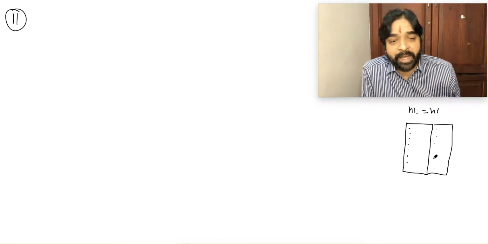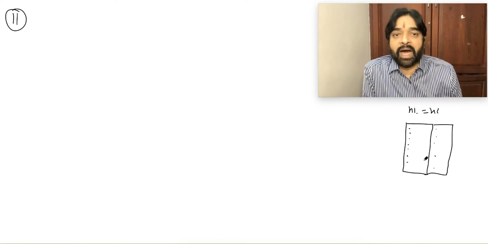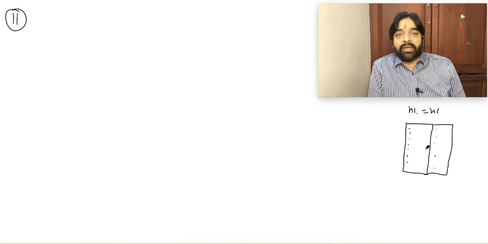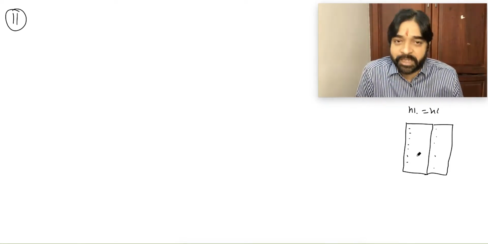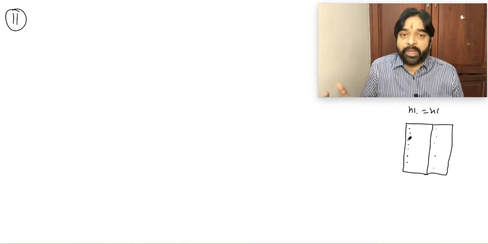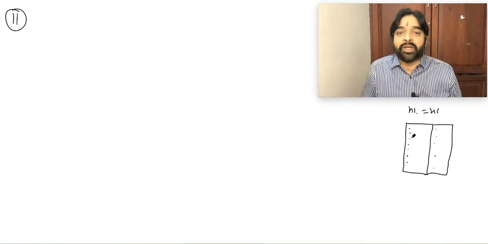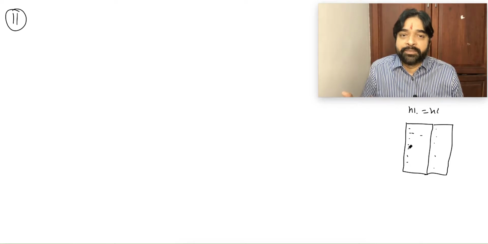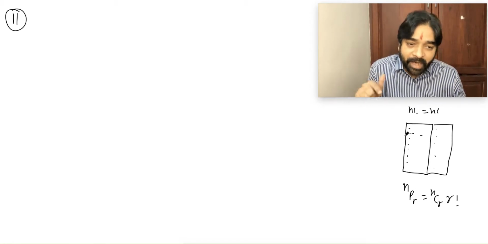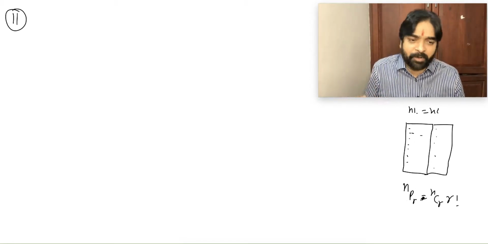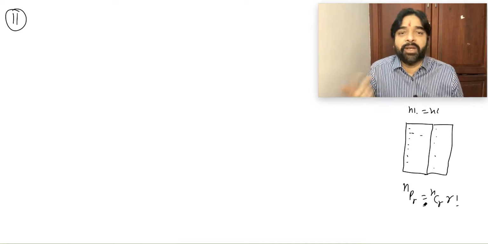And every student will make this differently. Otherwise, I can create a simple printed copy and distribute it to you. But I know that every student's memory is different. Every student's remembering power is different. Every student knows which are the cases new for me, which I am just now learning. So write those points. Some people will have difficulty remembering that nPr is equal to nCr into r factorial. So they will write that point. Some people know it, so they will not write it.